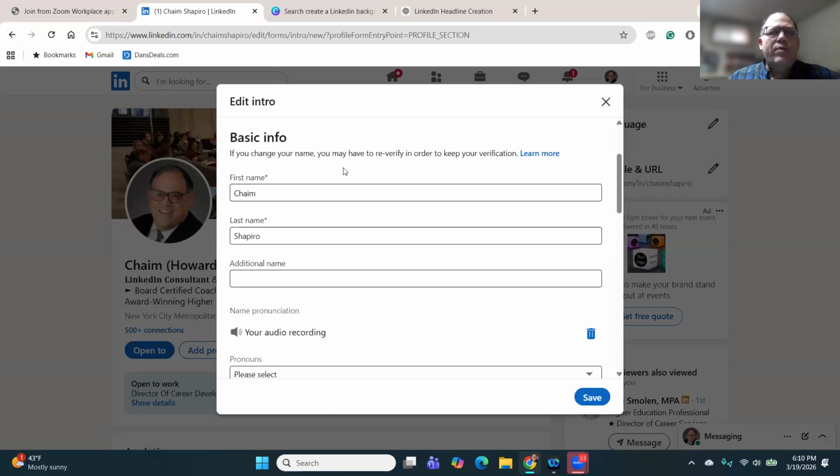I'm okay with one. I would definitely not go more than one additional credential after your name, but first name, last name. I think LinkedIn should add a credential field here. I don't know why they don't, and I wouldn't put, for example, a doctor or rabbi or a reverend or whatever before your name. They should have something for that, but they don't. But I think one thing after your name would be fine to do.